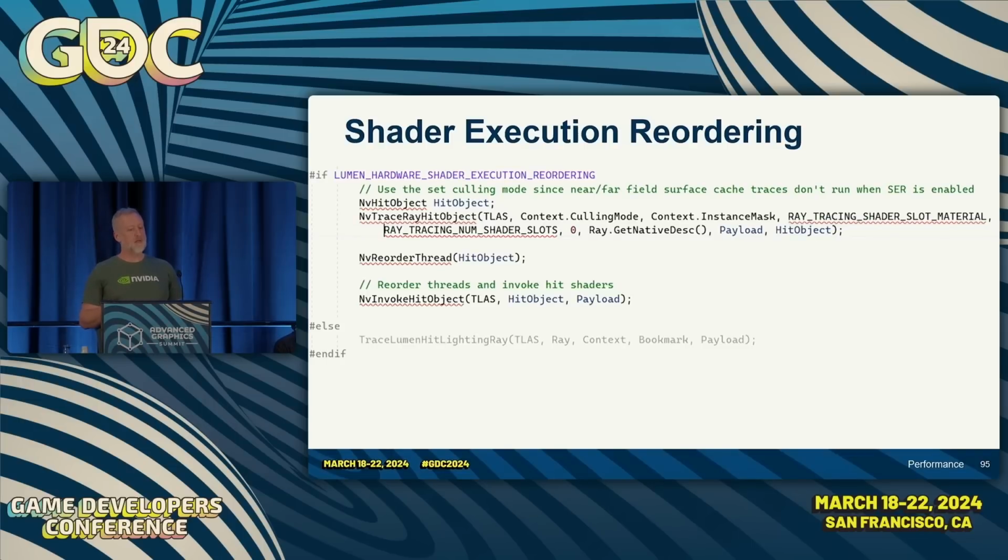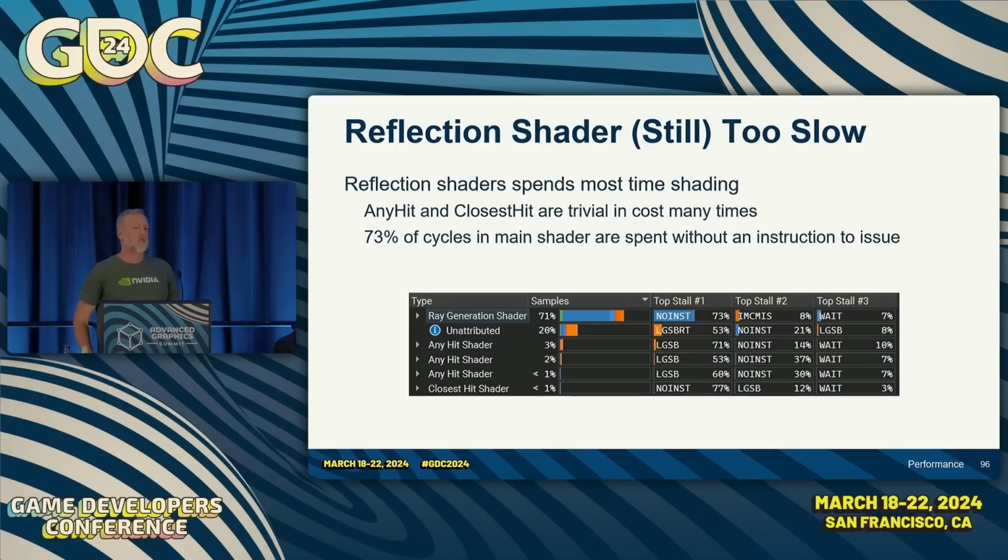We still leave the original code there because we want to be compatible with other things as well. So none of this work requires the shader execution reordering. It just makes things faster. Okay, so our reflection shader is faster, but it's still too slow when I was looking at it in the